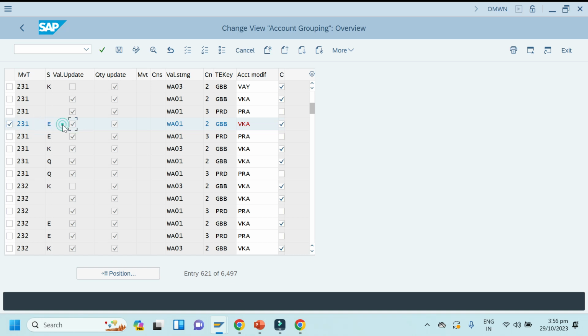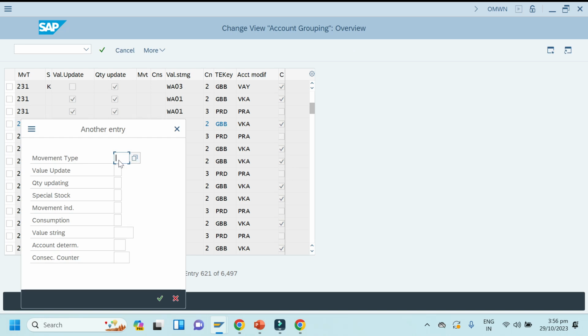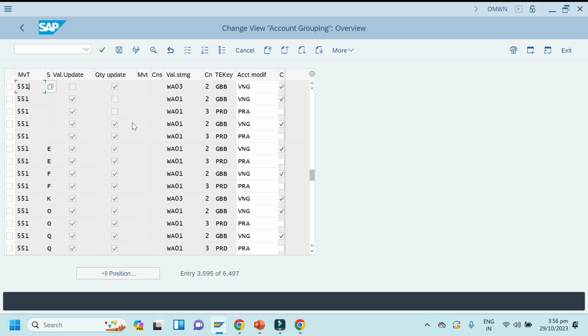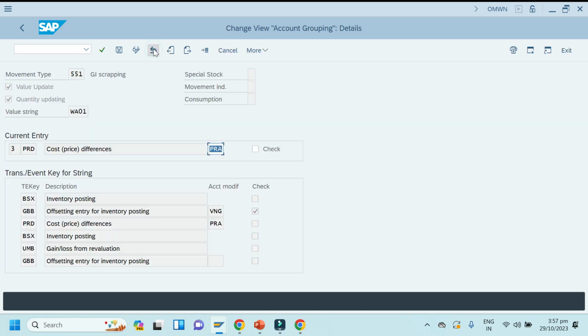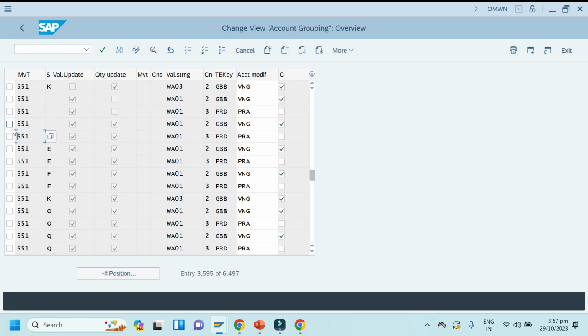Next, VNG. VNG is mostly triggered for 551, but I'll tell you: VNG is for scrap movement, that is movement type 551 to 556.